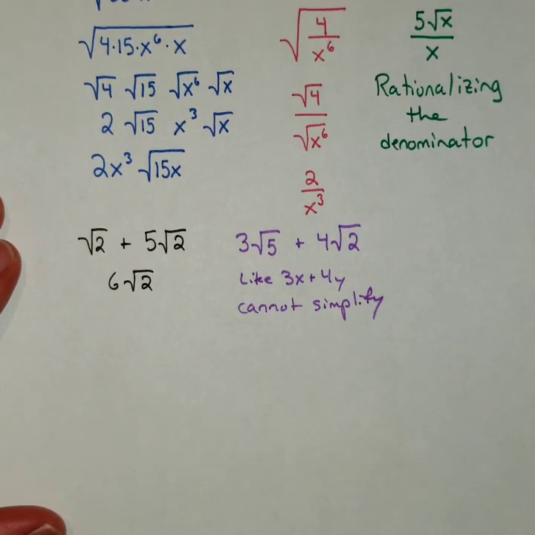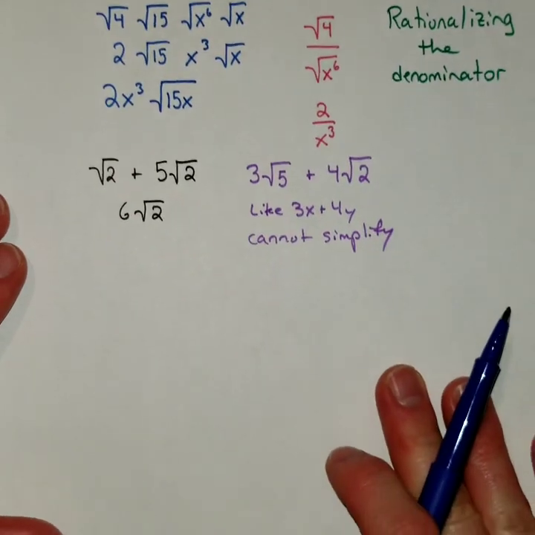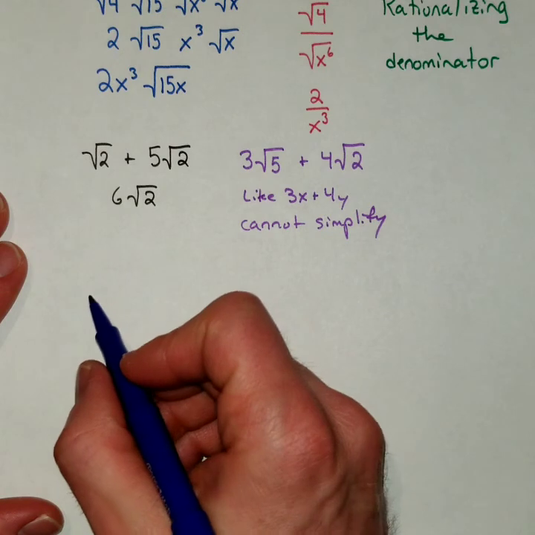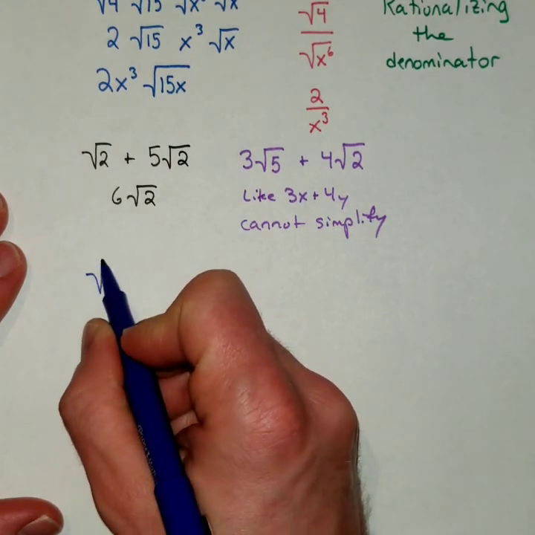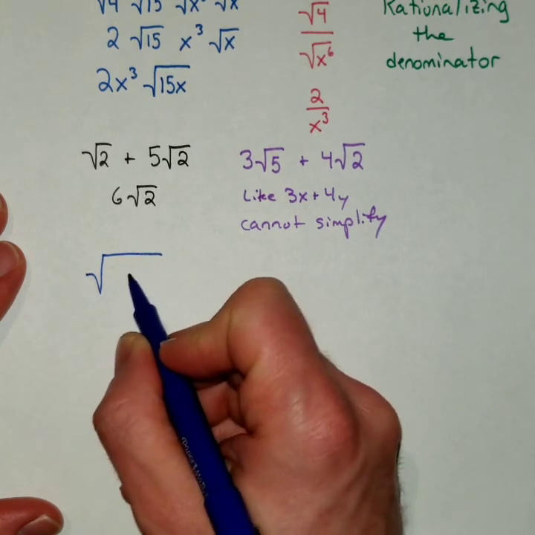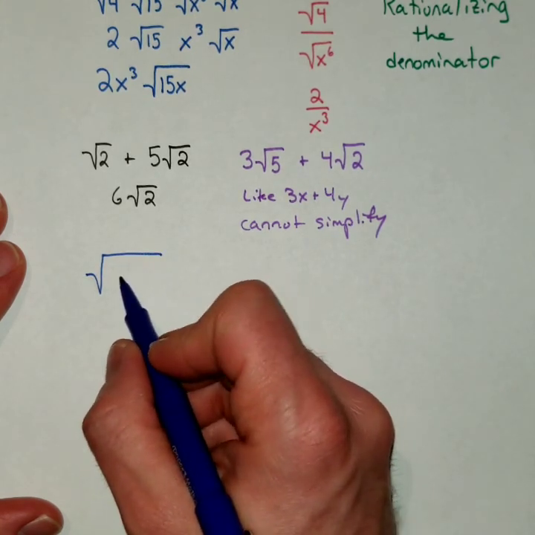Alright, now let's look at another one. Let's say I had something like the square root of 20